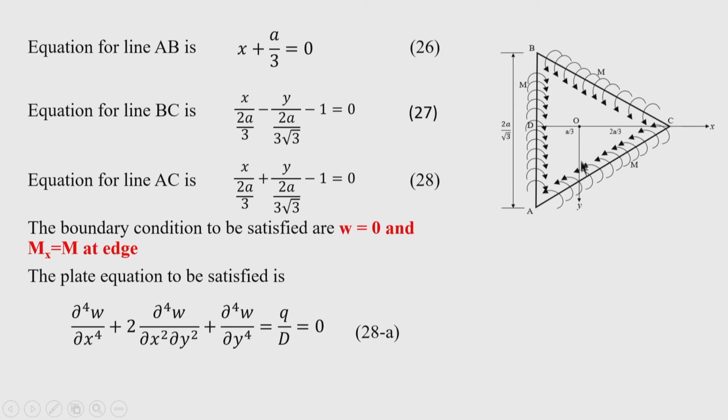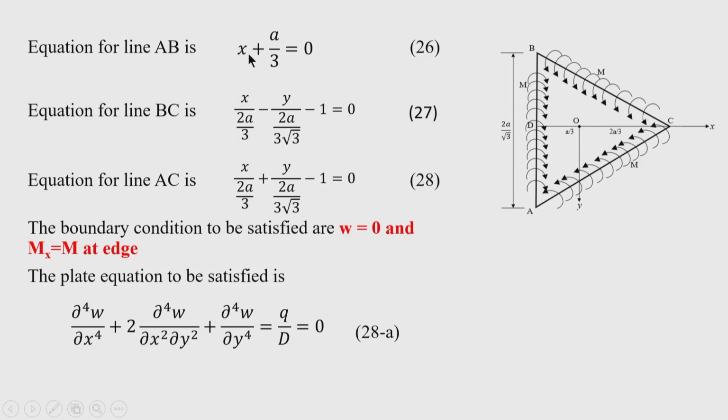Now, here the intercept is found as positive. Now, you can see that the plate equation can be formed or composed by taking the equation of the sides of the triangle, because along the sides, that is along the edges of the triangle, deflection is 0. When we take the equation of the side of the triangle, that is the side of the plate, as a term of the deflected surface, then we can get that along the edges deflection is satisfied.